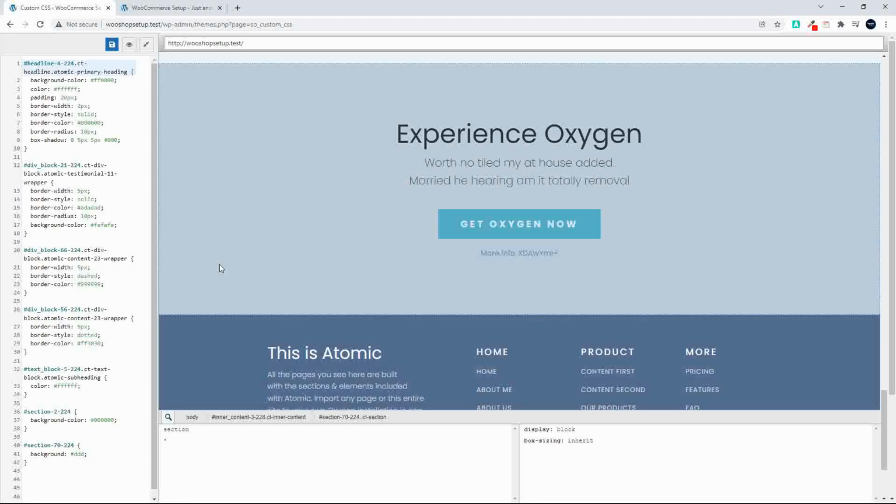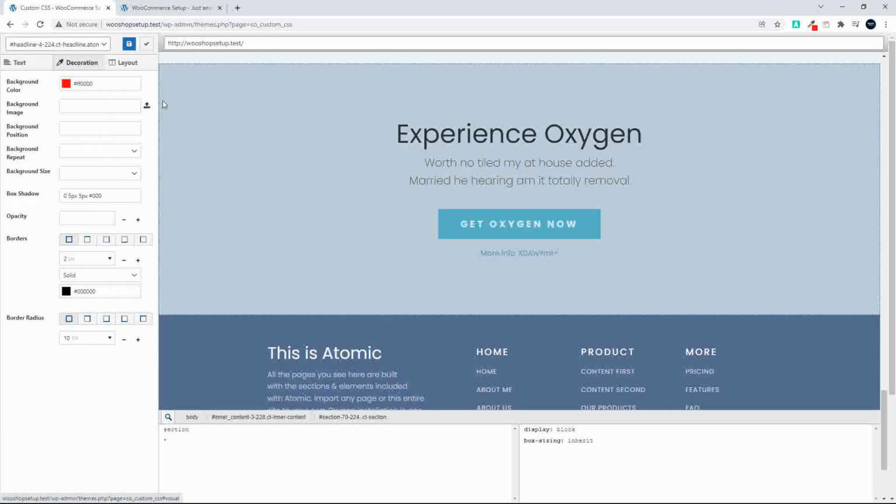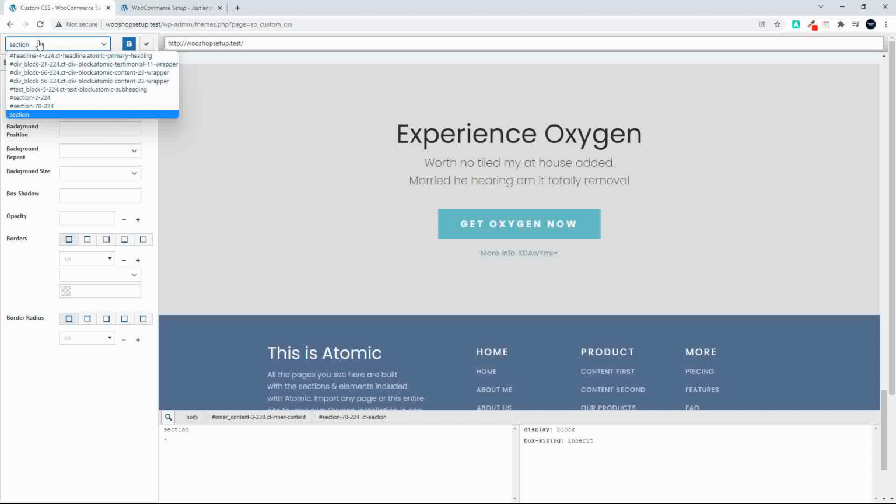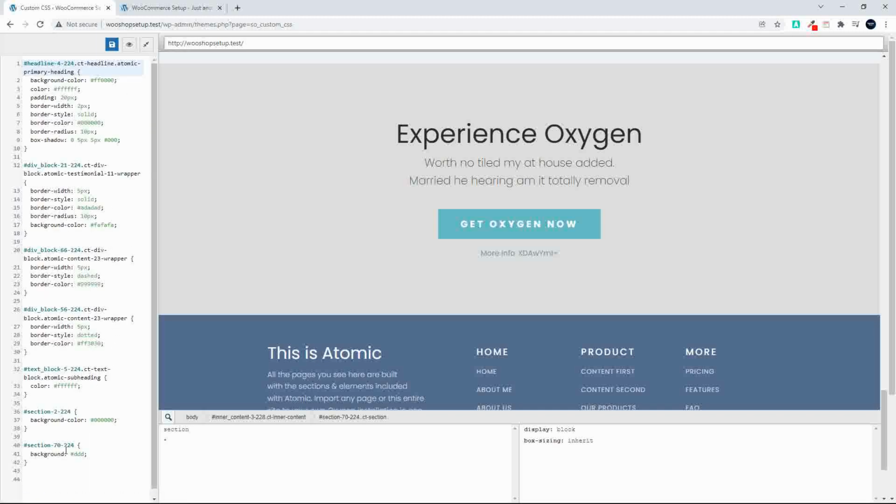If I try to do it from the front end, here from the visual view, although I can select the section, the style is going to be applied to section and not to that particular ID. What I can do though is come over here and have a look at the style number. So the style number is section 70224,